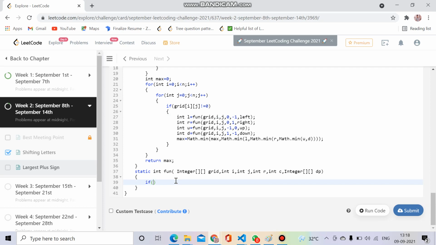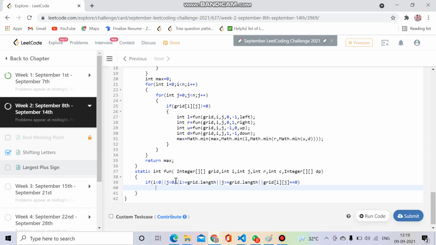If i is less than 0, or j is less than 0, or i is greater than or equal to grid dot length, it is a simple DFS, or j is greater than or equal to grid[0].length, or my grid[i][j] is 0. If anything is true, I will simply return 0.